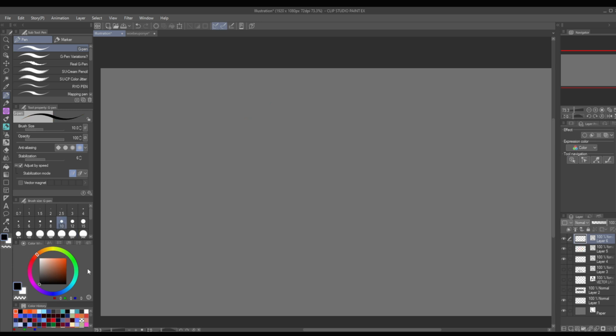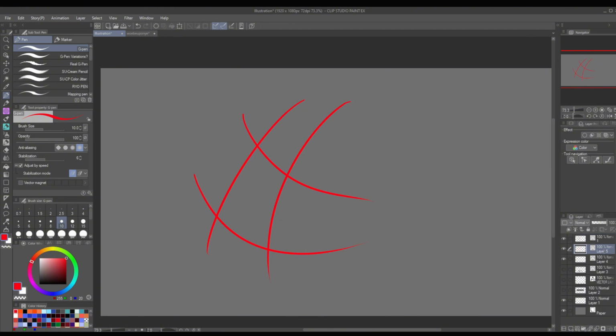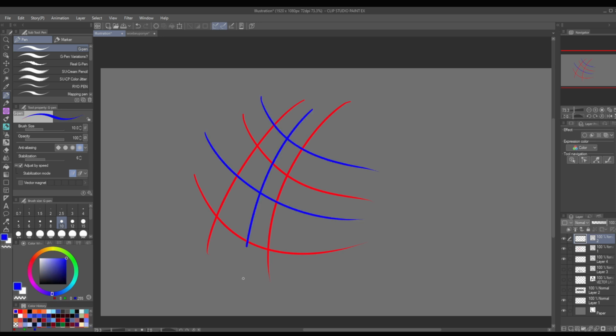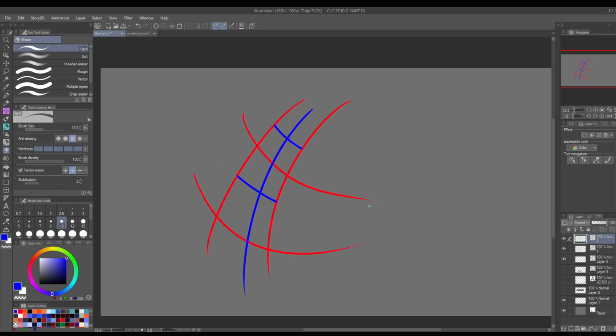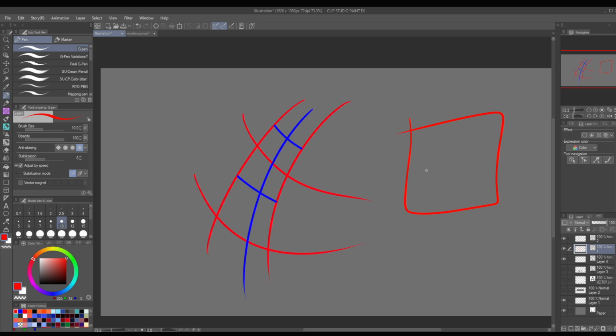Something else to consider is that if I'm drawing lines in red on this layer, right? This is layer 1, we'll call that. If I draw on layer 2 on top of that, which is also a vector layer, let's say I make some blue lines going in this direction, and then I want to erase some of those blue lines here, it is going to consider all lines around it. Even if it's not on the same layer, it's still considering the vector lines below it, which can get in the way if, let's say, I've got a background shot with some furniture, like a lamp